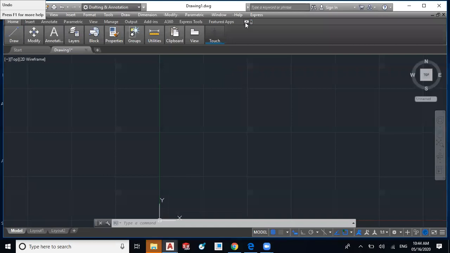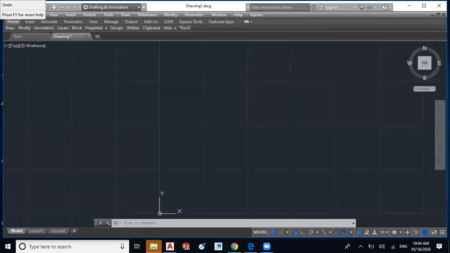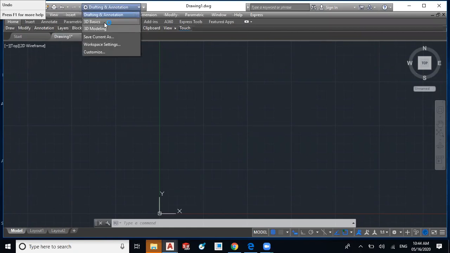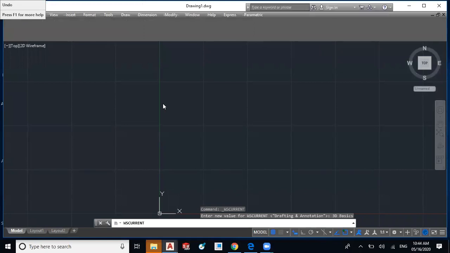And I'm going to tell you another shortcut. By changing the workspace, we can set the default settings as well. So if you are not getting anything from this user interface, then just select the 3D basic workspace.